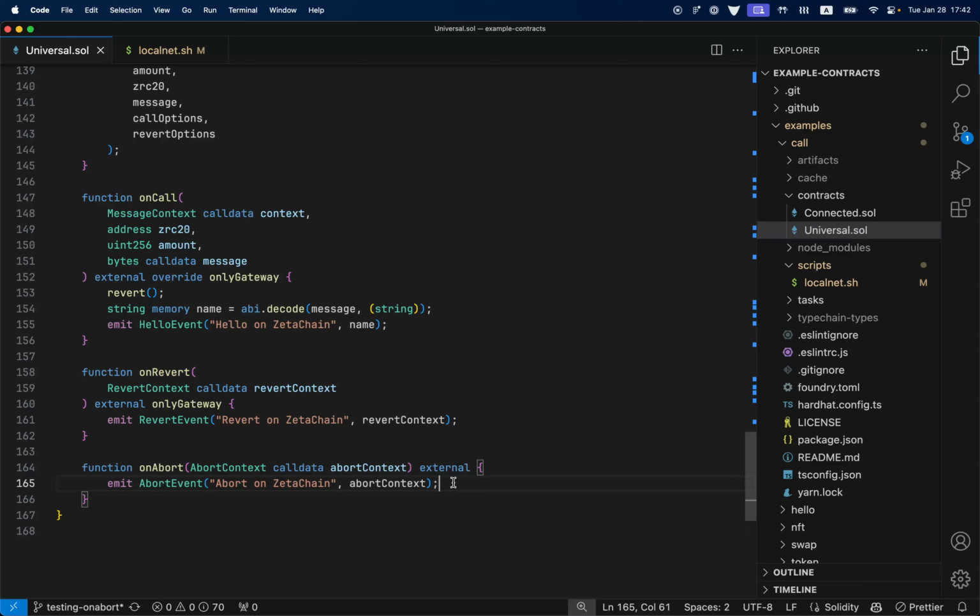So this is super useful, because one example is universal NFTs. Universal NFT is a contract you can deploy on Zeta chain and on connected chains to mint NFTs that can be transferred between chains. Very handy contract. And on abort is going to be used in this contract to